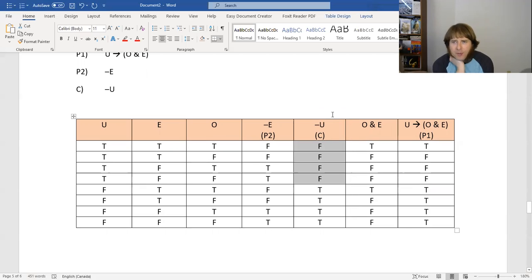Now just looking through them. Okay, row 1, premise 2 is false. That doesn't show me invalidity. Row 2, premise 2 is false again. Row 3, premise 1 is false. Row 4, premise 1 is false again. So this is actually a valid argument, right? Well,